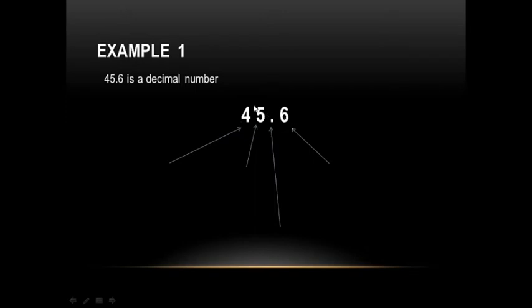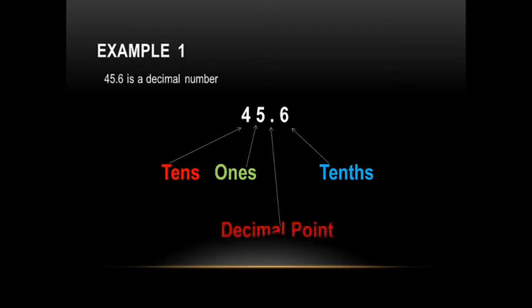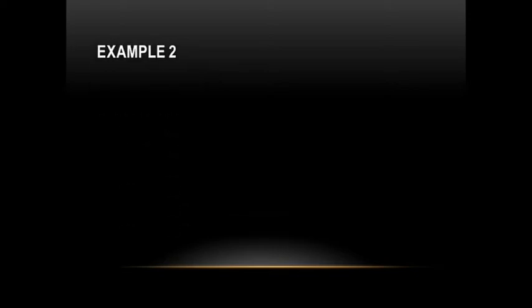So in this whole part, the unit place is 5, means the place value of 5 is ones and the place value of 4 is tens. And after the decimal, whatever number is given, the first place is called as the 10th place, after that 100th place, 1000th place, and so on. So here the 5 is ones, the 4 is tens, and the 6 is tenth, and the dot is called as a decimal point.